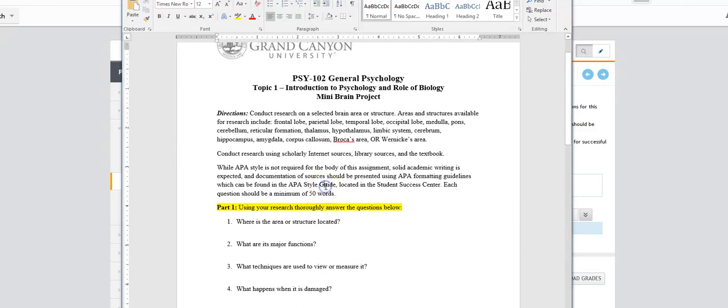All right. So one of the things that you're going to do is pick a part of the brain. Here's the choices right here. There's a list of parts of the brain that you can choose. So let's say I will choose the frontal lobe. Then I'm going to go out and I'm going to go do